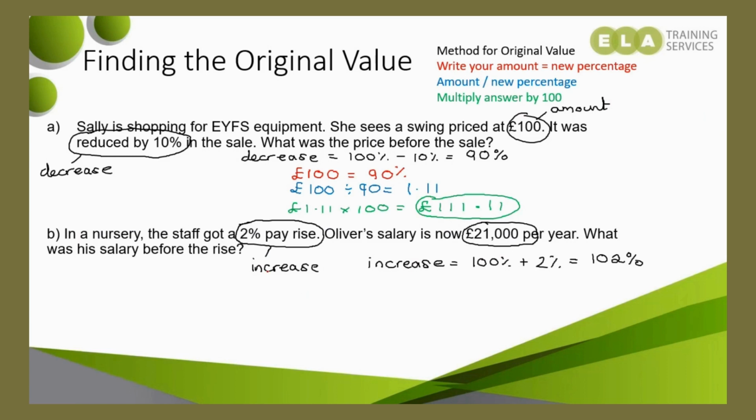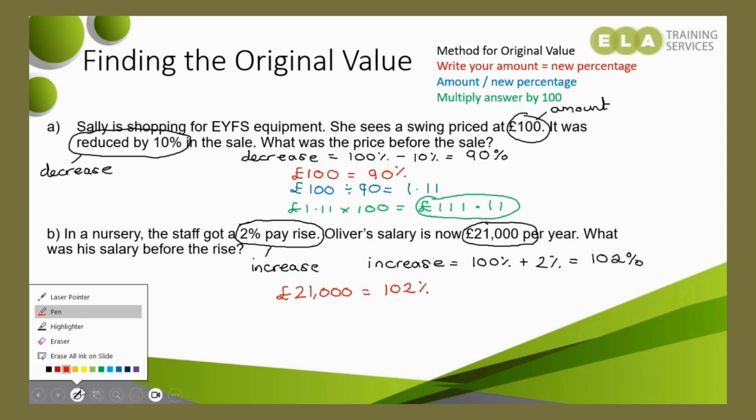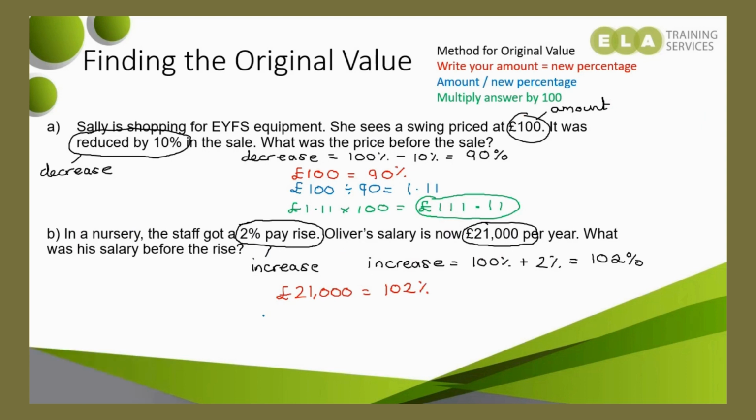Now I follow my exact same method. Even though it's an increase, it does not change. So I'm writing my amount equals my new percentage. I'm just repeating those rules to help me remember. So 21,000 equals 102%. Then doing exactly the same, I'm doing my amount divided by my new percentage. So 21,000 divided by 102. I'll pop that into my calculator. 21,000 divided by 102 gives me